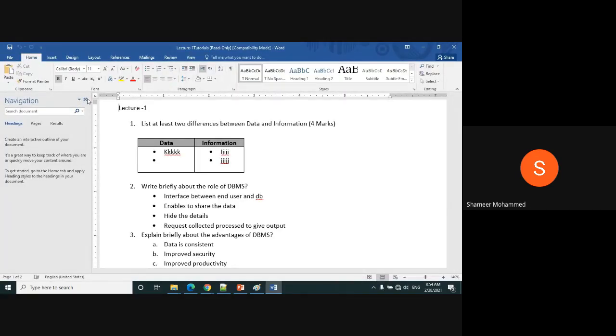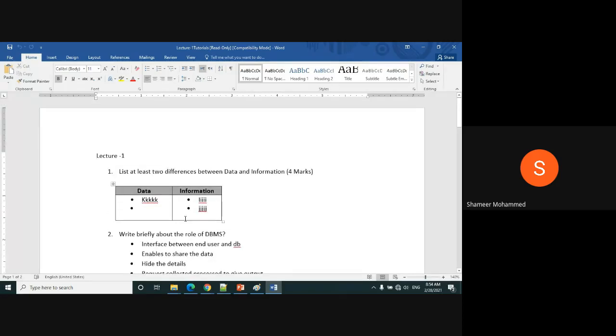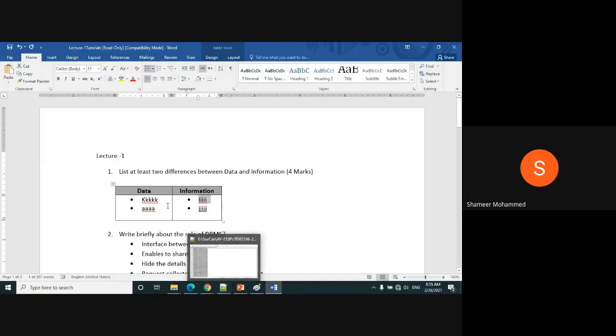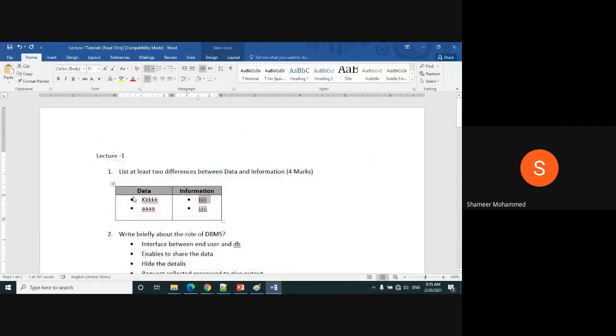This is a sample type of question you may get in the exam: list any two differences between data and information. You have to write like this table, write the heading and write an example like this as your answer. And here also you write the differences, two points. They may ask anything, but I am giving you a sample question of how the question can be. List the differences between data and information, any two or any three like this. Understand?